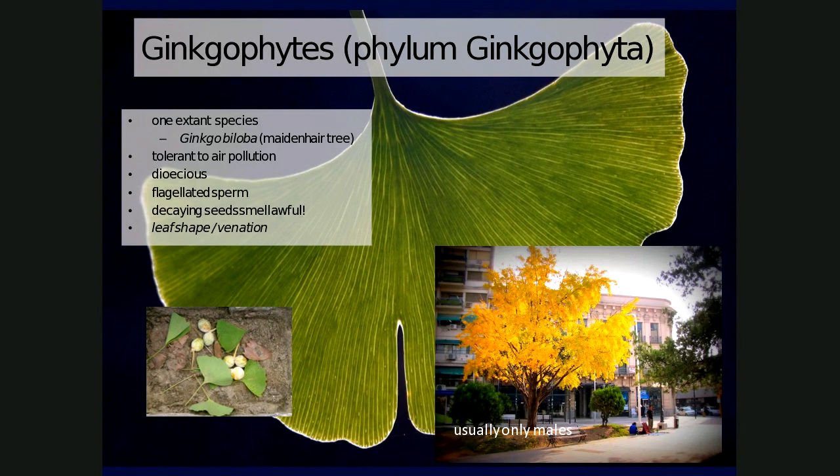As you can see down there, during certain times of year, they have this really beautiful yellow color. They're tolerant to air pollution. They're also dioecious, with flagellated sperm. Typically what they've done, though, in some of these places,